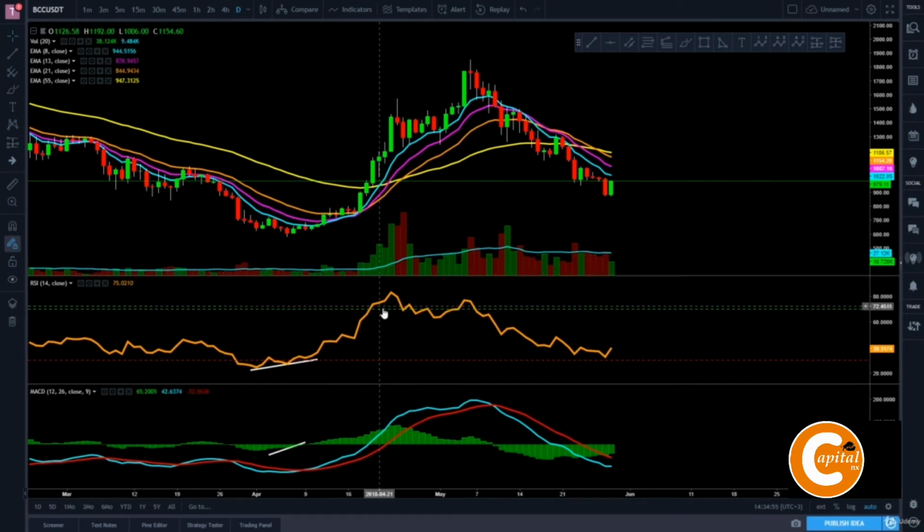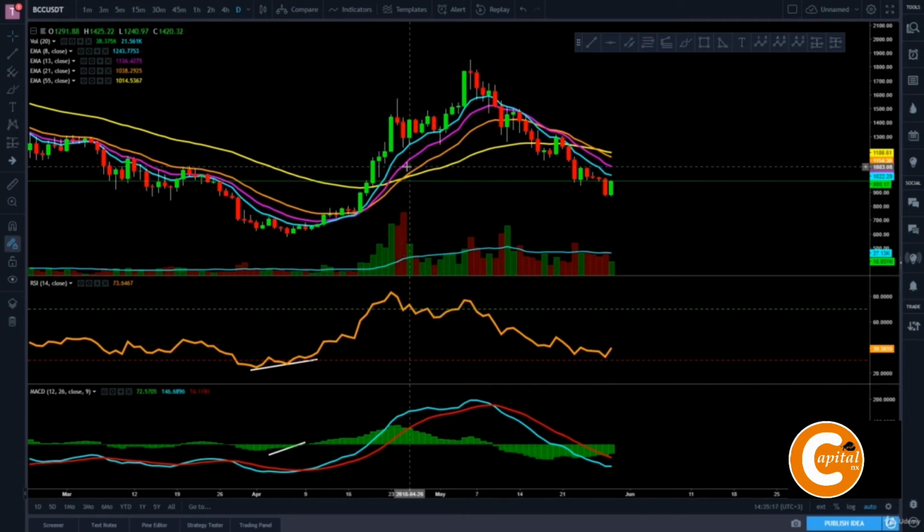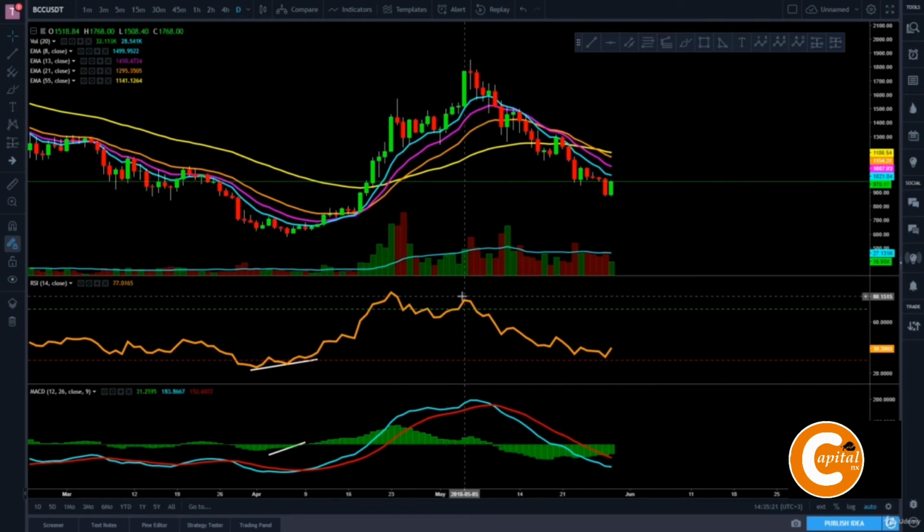So now, because we are in a buy position, we want to sell and take profit when we start to see bearish signs using the MACD and RSI indicators. So let's take a look at the RSI, and we see here that this peak hit a very overbought region on the daily time frame of 83, and after a few days we see on the price chart that we continue to uptrend, making higher highs, but the RSI is telling us that the market starts to lose strength,